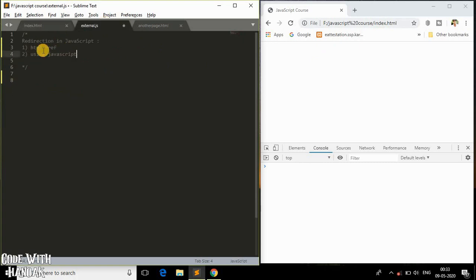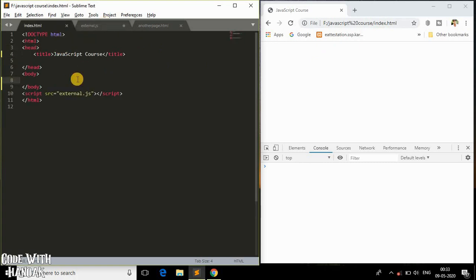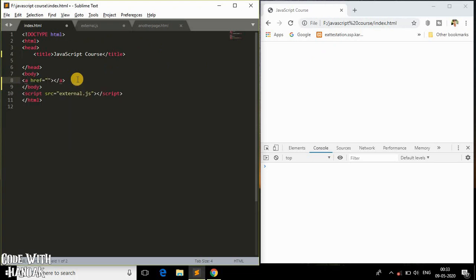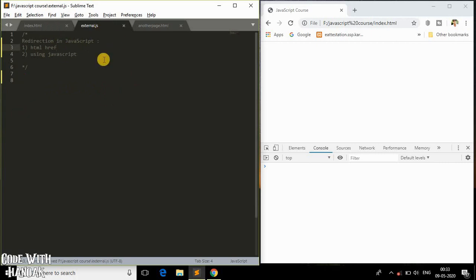The first method is using the HTML href attribute, which is done by an anchor tag. I'll give the name of that file, another page.html, and the link text will be click me. That's it. So save this page, and of course save this JS.